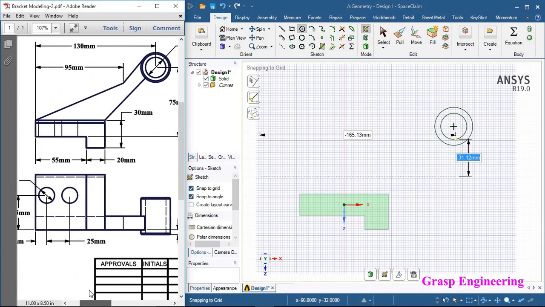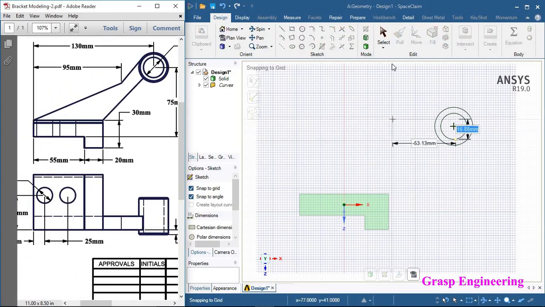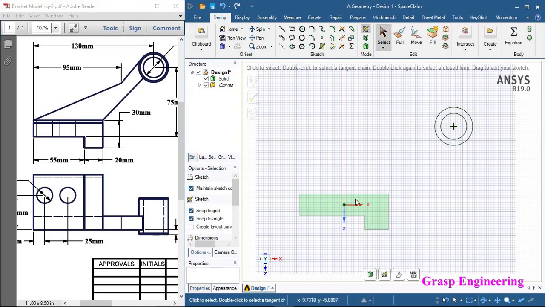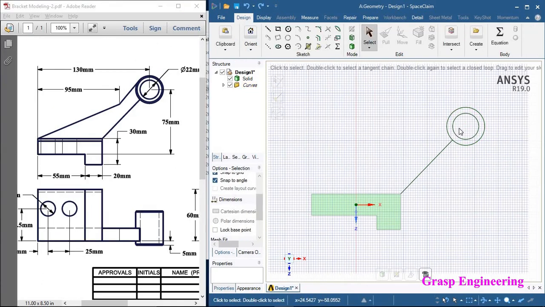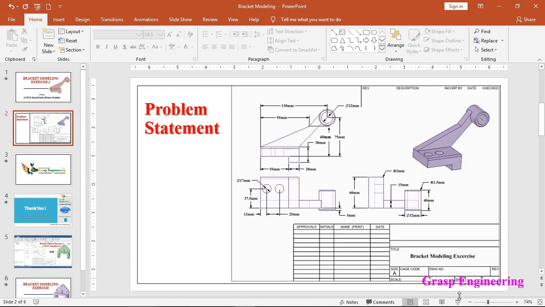Okay, so now we can create these two profiles. Very first, just go to select, unselecting that line. Now we can create a line from this point. Very first we can create this line. Actually it is perpendicular to this face, so it can be created. You will find the perpendicular symbol. Just click on that. So now we have created this line. Now we can create another line, that is this one. For this, we will create a point at this location, that is basically 95 mm from this, and having a vertical height, let's refer the sketch, vertical height of 40 mm.